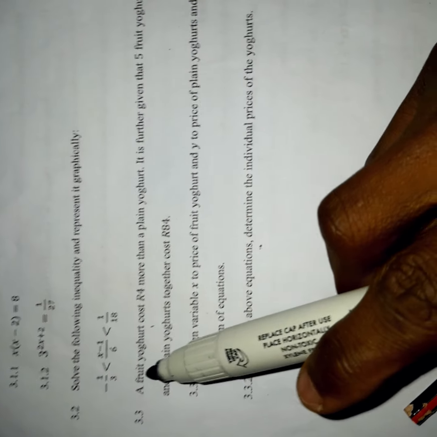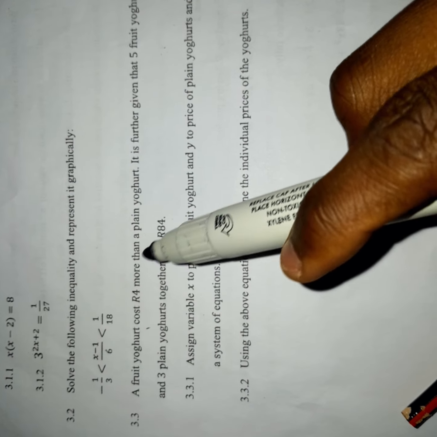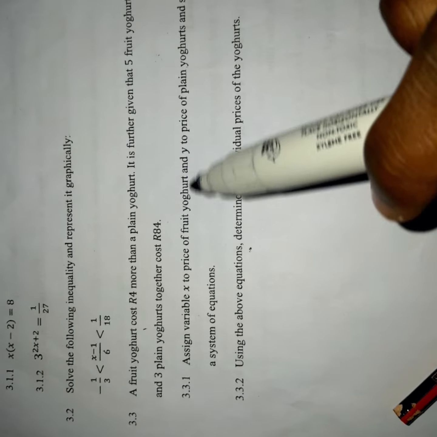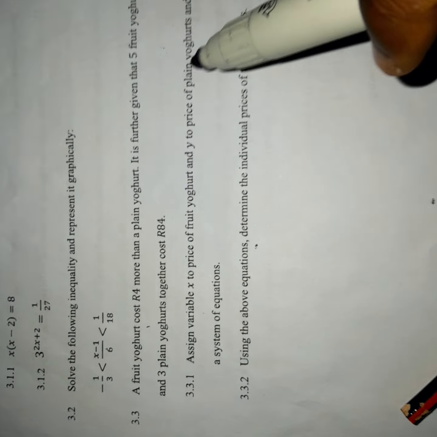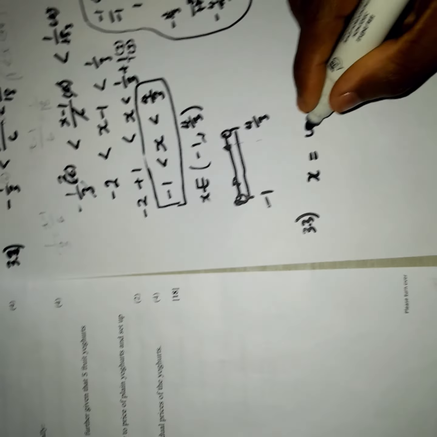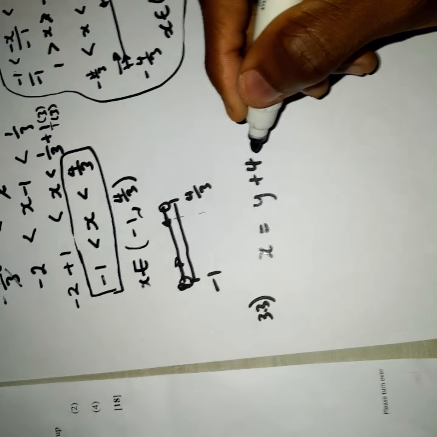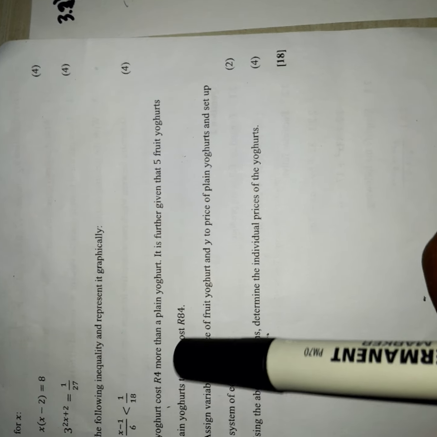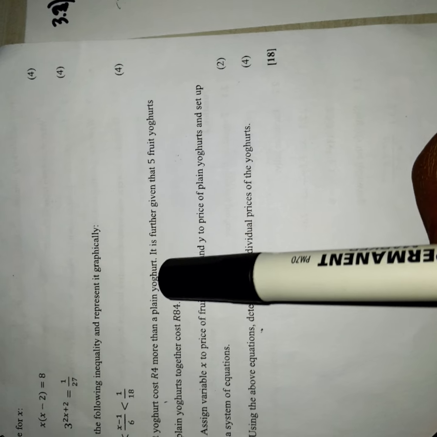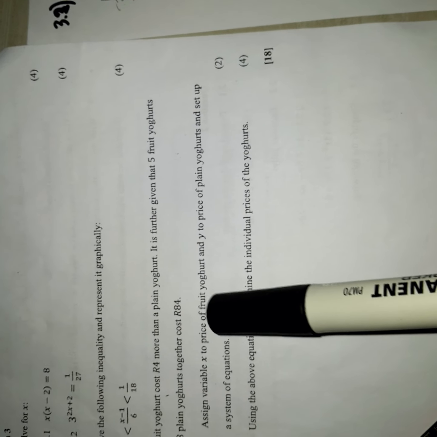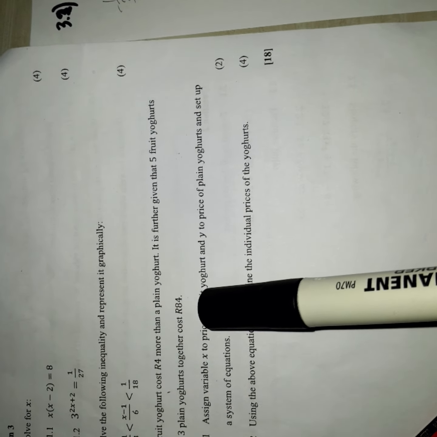Now it says a fruit yogurt costs 4 rand more than a plain yogurt, and here they say a plain yogurt, the price is y. So a fruit yogurt, which is x, equals y plus 4. Then x equals y plus 4, because a fruit yogurt costs 4 rand more than the plain yogurt. The reason why we put in x and y is because we do not know the specific digits or the